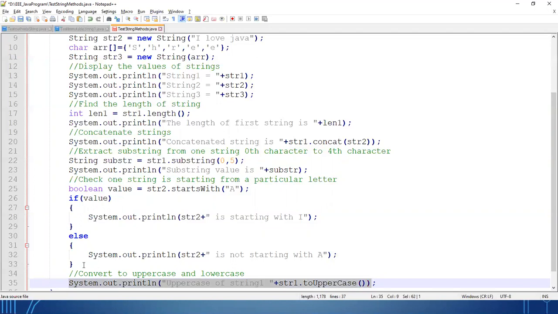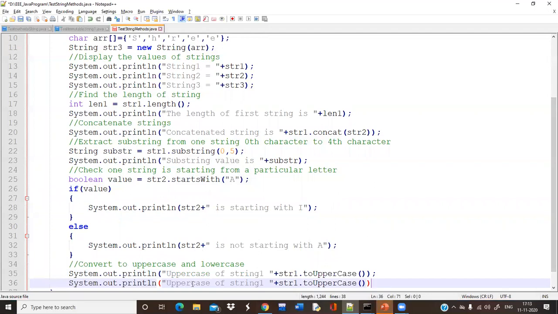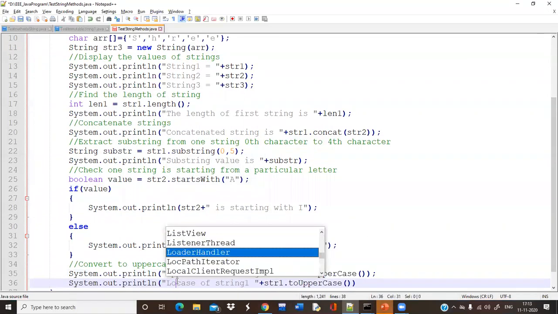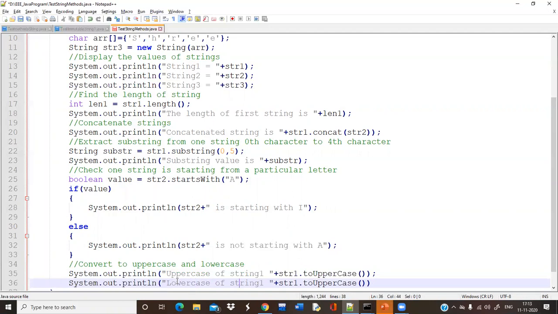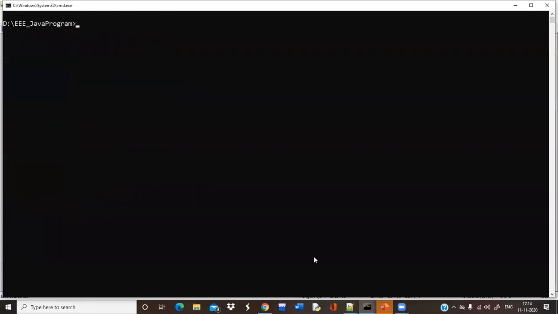Similarly, lowercase of string 2 equal to string 2 dot toLowerCase. Okay, so these are the predefined methods, toUpperCase and toLowerCase. So using the string object, if you are calling the method, then it will provide you the corresponding result. Clear? Let's check.